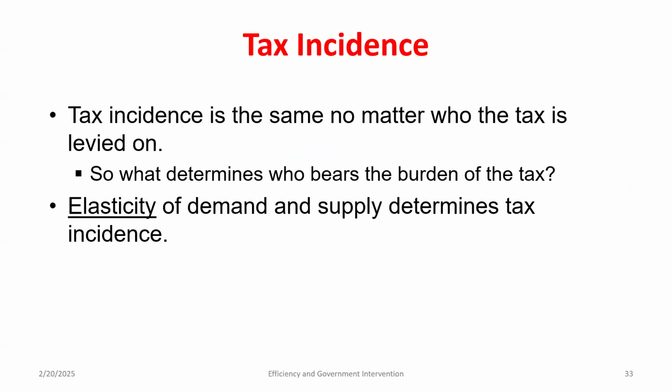So I always set this example up this way. Let's say, I don't know, me and someone else are standing on Kirkwood and there's a bus coming at us, right? For whatever reason, let's say there's no traction, it's really slippery out. And the only way I can get out of the way is if I push off the other person so that they hit the bus. And the only way they can get out of the way is if they push off of me. Who is going to bear more of the burden of that bus?